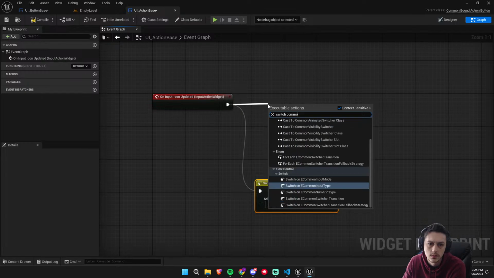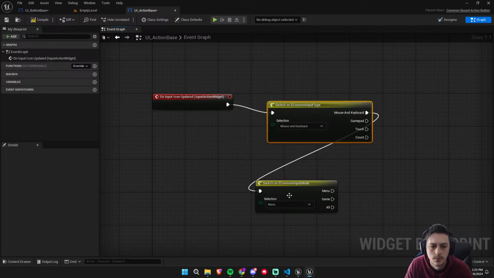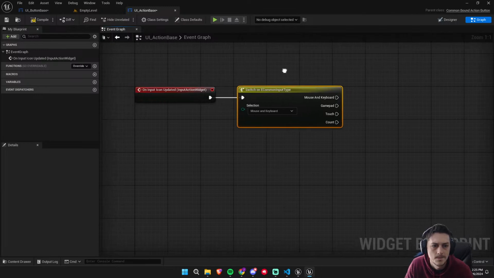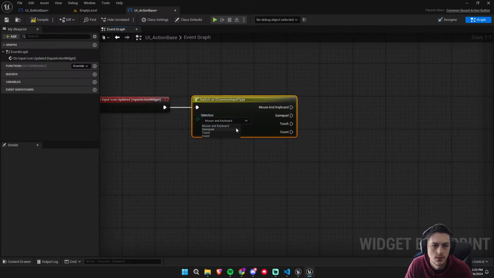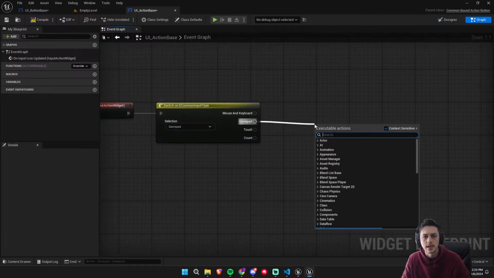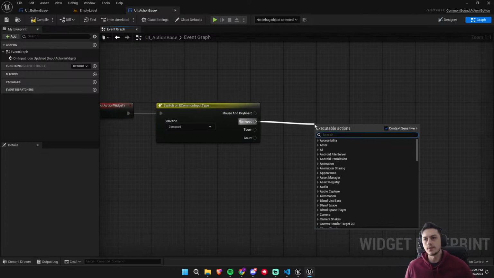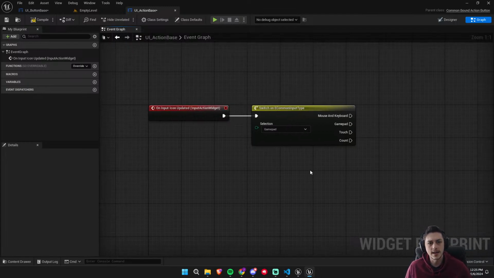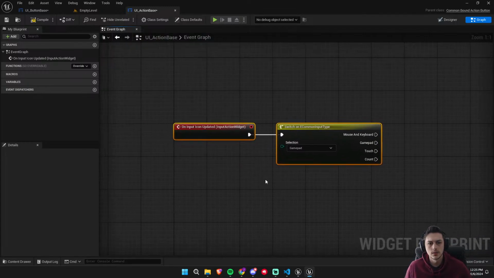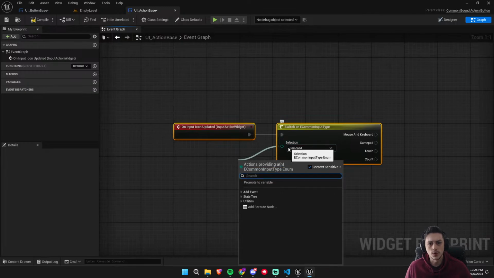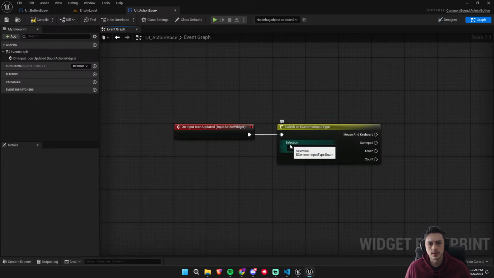No. Input type. There we go. So, for example, if it ended up changing and you wanted to specifically look for gamepad, and in the UI you wanted to have like the X button appear or something, you could just have it enabled whenever the icon changes, and you're gonna have to search for the current input type,